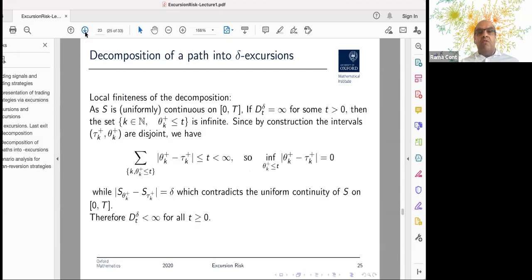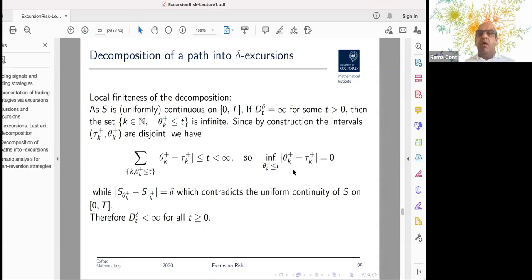And then why is this finite? Why is this number of hitting times finite? Well, because it's continuous, and in fact, it also holds if it's càdlàg. If S is continuous, then it's uniformly continuous. So you can show that if the number of these level crossing times is infinite, then you have a problem, because if on a finite interval you go between 0 and delta infinitely many times, then, if you call these hitting times theta and tau,